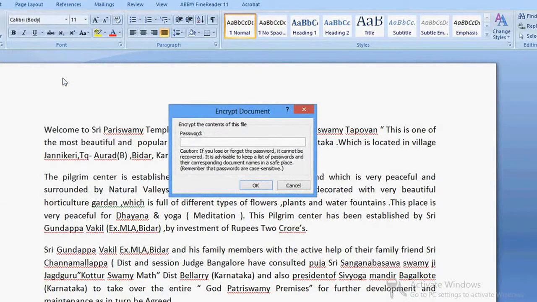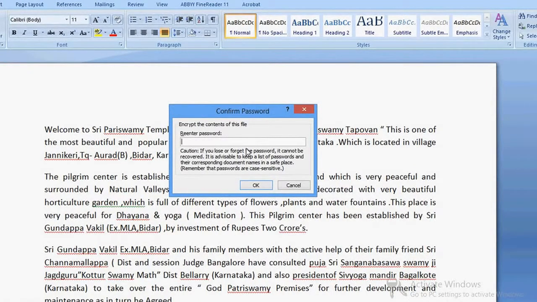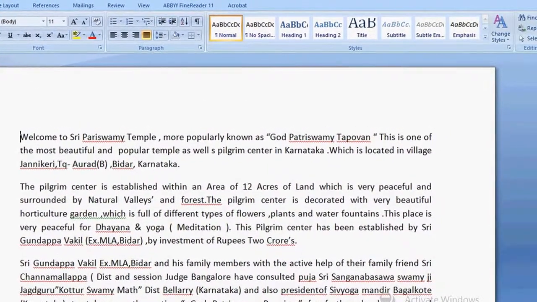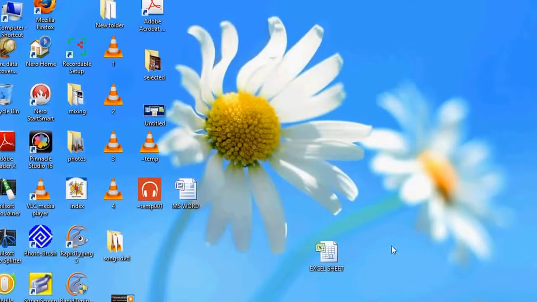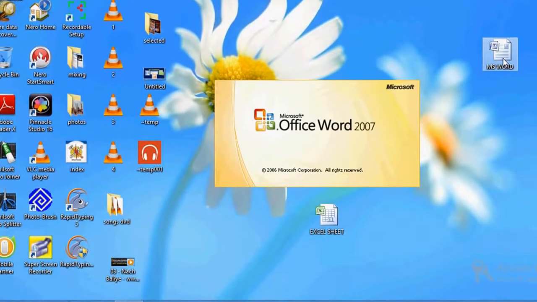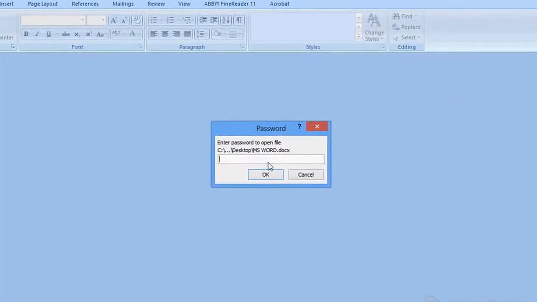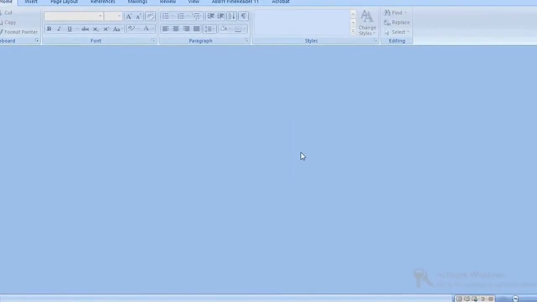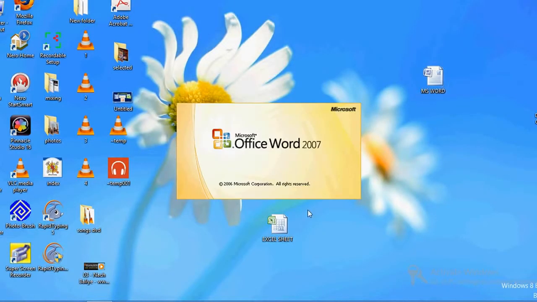Once you go to Encrypt Document, you would be asked to create a password. So I am creating one here. Okay, I have created one password here. I will click OK. It is asking to reconfirm that password, so I enter the same password again. Okay, and that's it. Click OK, and save it finally. So if you save it here, and again if you want to access that document, it will ask for your password. If you enter a wrong password, it will say no, you have to enter the correct password. If you enter the correct password, it will open. Okay, let's see.